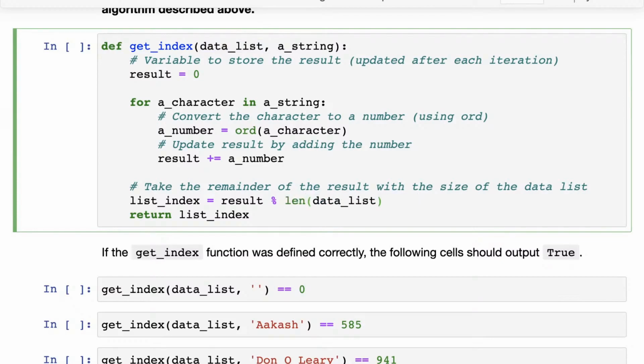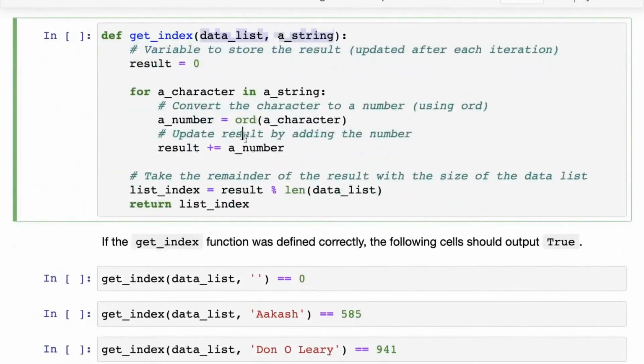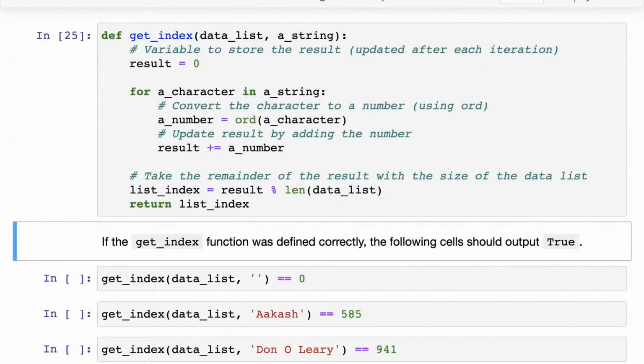This will allow your function to work with data lists of different sizes, and not just the standard size 4096 that we have defined above. Very important thing. Always make sure that your functions use the arguments that are passed into them, that they are generic, that they can work with any input, and not just a particular input that has been defined earlier.